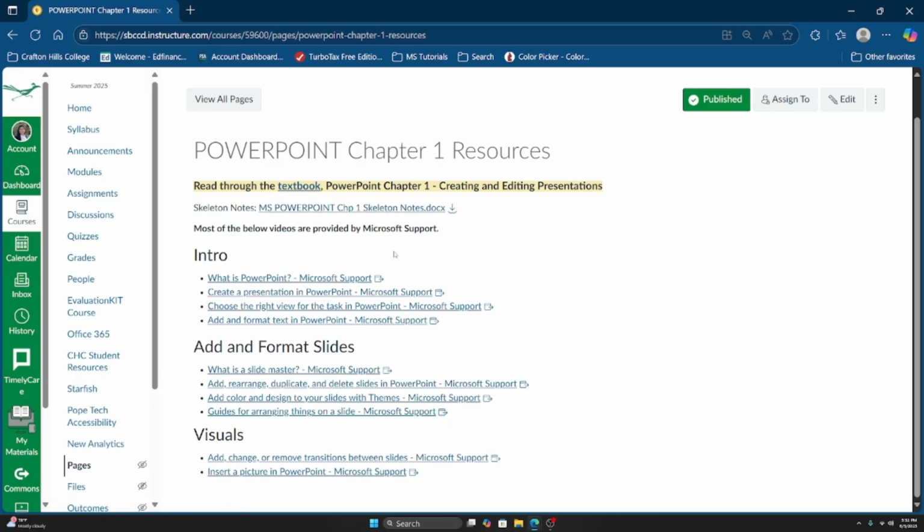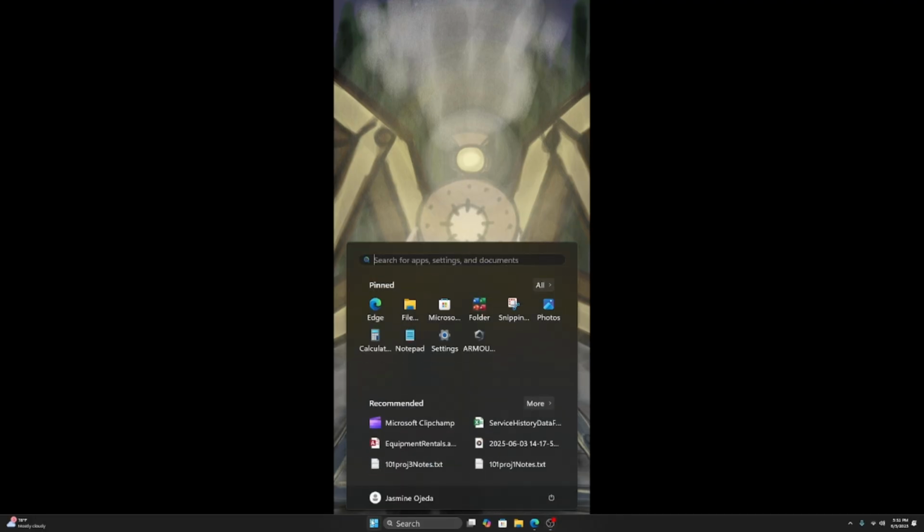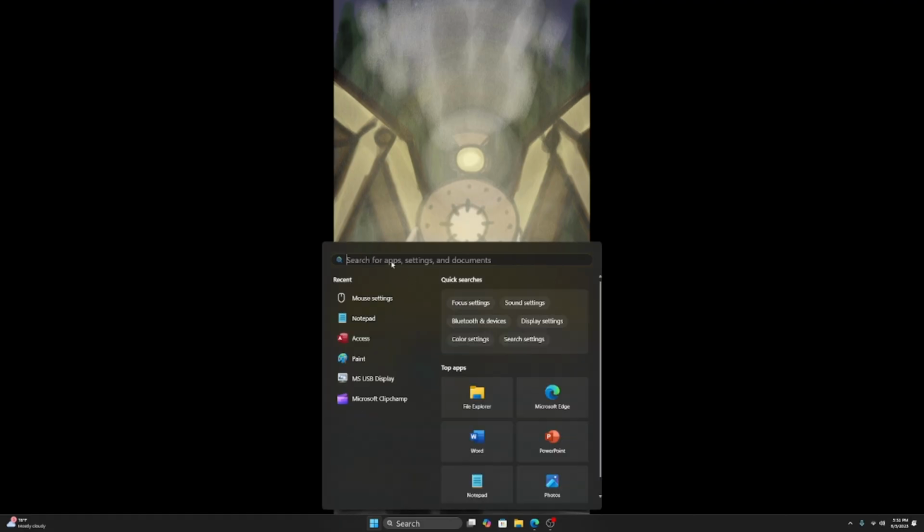And you'll notice we don't have any downloads for this demonstration because we're going to start from scratch, just like how we always start with each chapter, each section. Okay, let's go ahead and I'm going to take it to the desktop and we're going to open up the PowerPoint application. So of course, if you have the application downloaded, you're going to go to wherever you find your apps. For us, it's the Start menu. And again, I have mine pinned here, but you could go ahead and look for